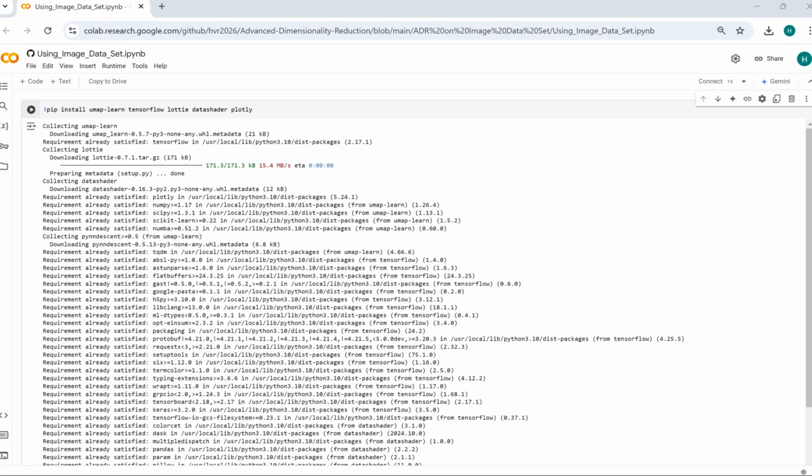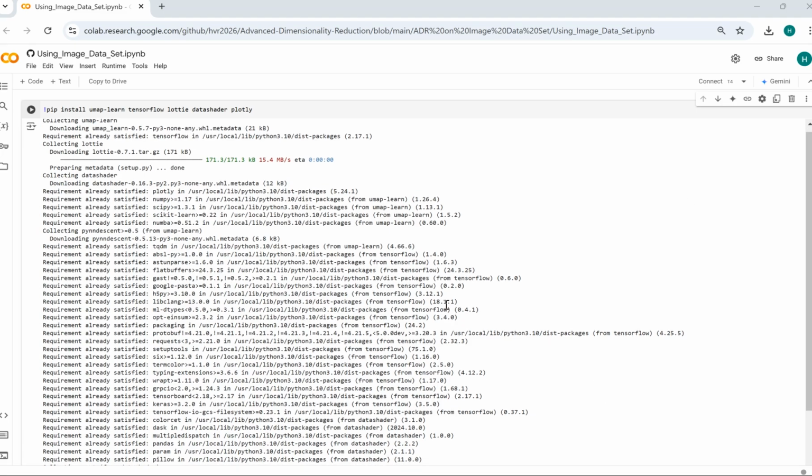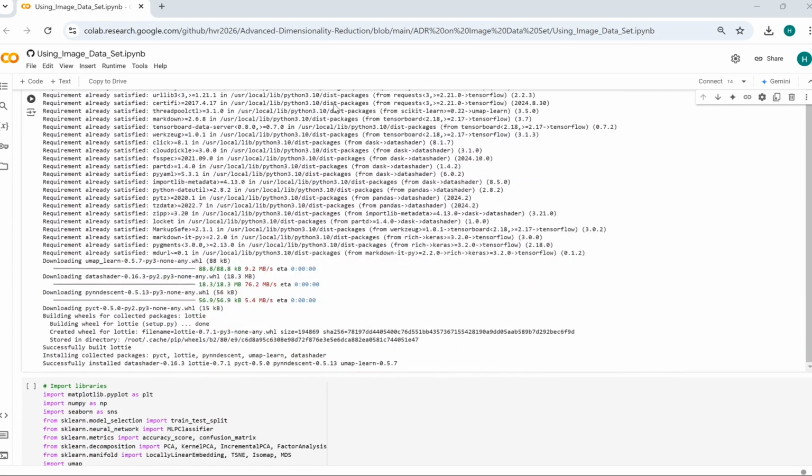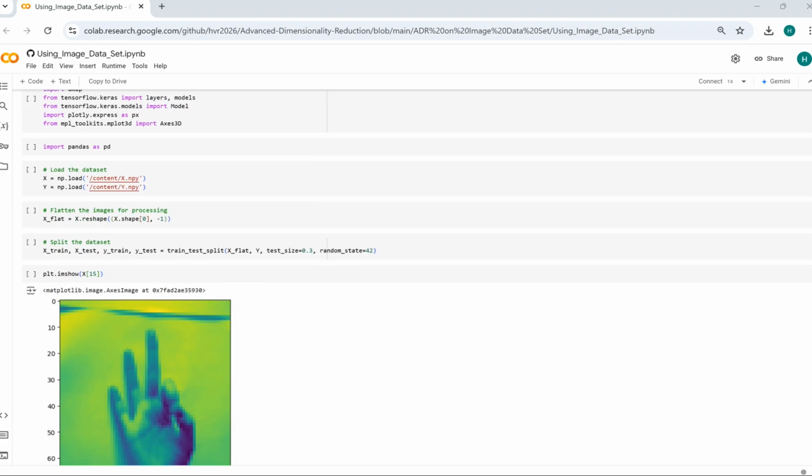Hi all, today we are going to discuss advanced dimensionality reduction. So in this video, we'll cover PCA, t-SNE, UMAP and autoencoders as well. So let's get started. We have to install the necessary libraries and